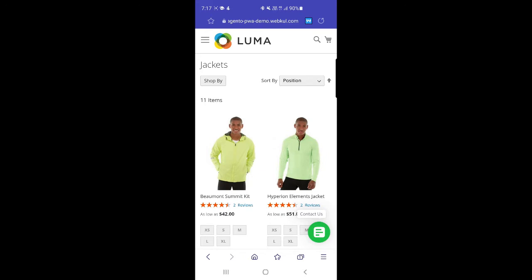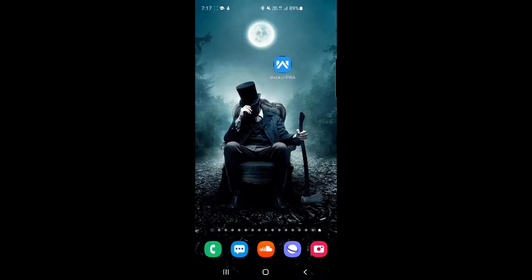After it has been installed, you can see at the top we have the webquill icon within the URL. Now let's hop on to the home page of my Android device. Here I'm at the home page, and you can see that we have the PWA installed on my Android device. It would just appear as a native mobile application, but it is not a native mobile application. Basically it uses the browser capabilities to provide a native app-like experience to the customers.